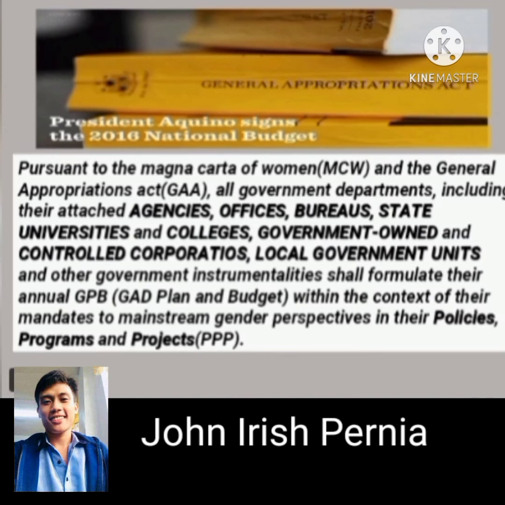It is understood that gender and development budget does not constitute an additional budget over the agency total budget appropriation. So, sabi, at least 5% daw ng budget na kinikita ng mga agencies na ito is napupunta